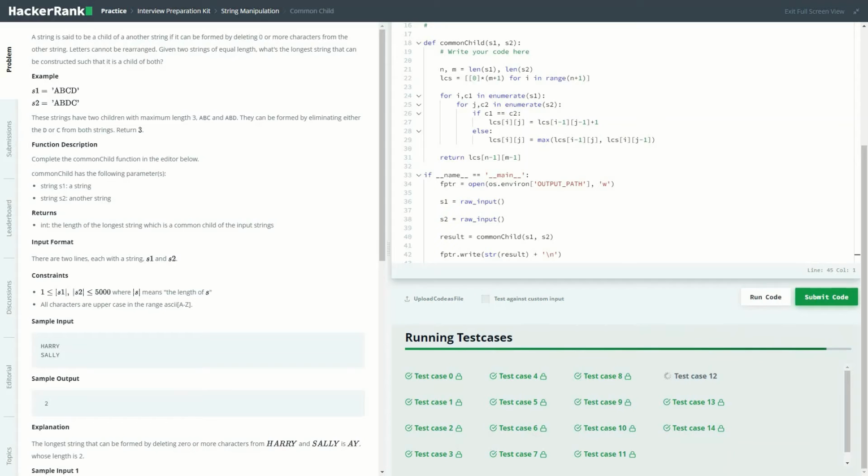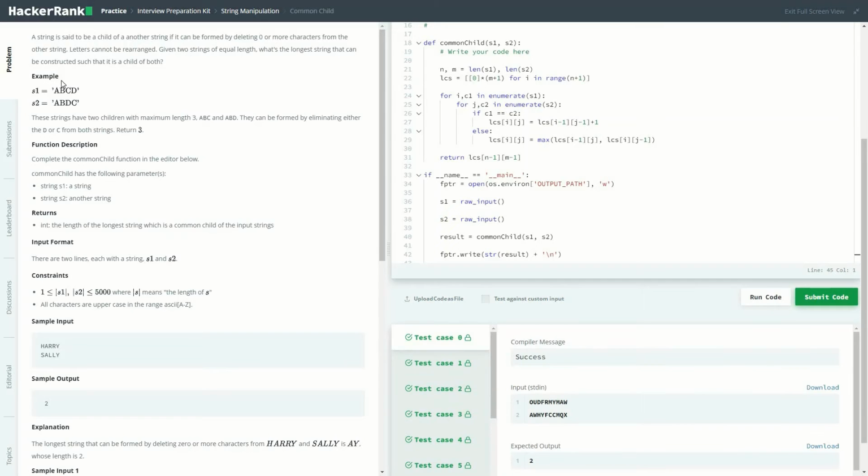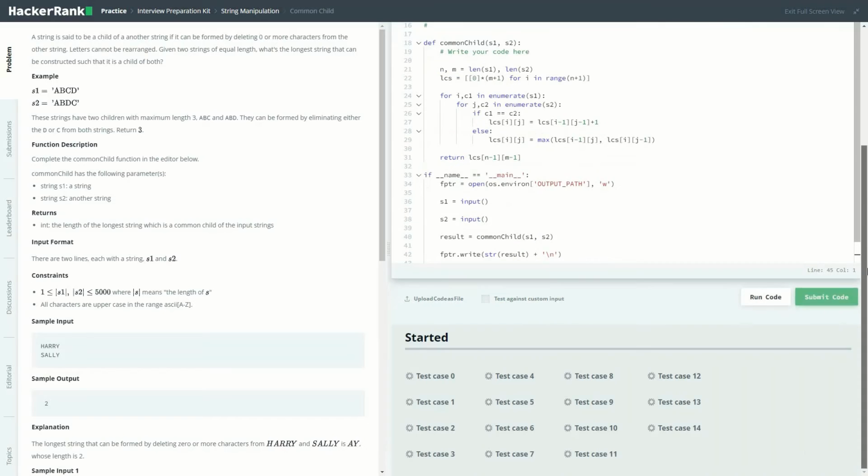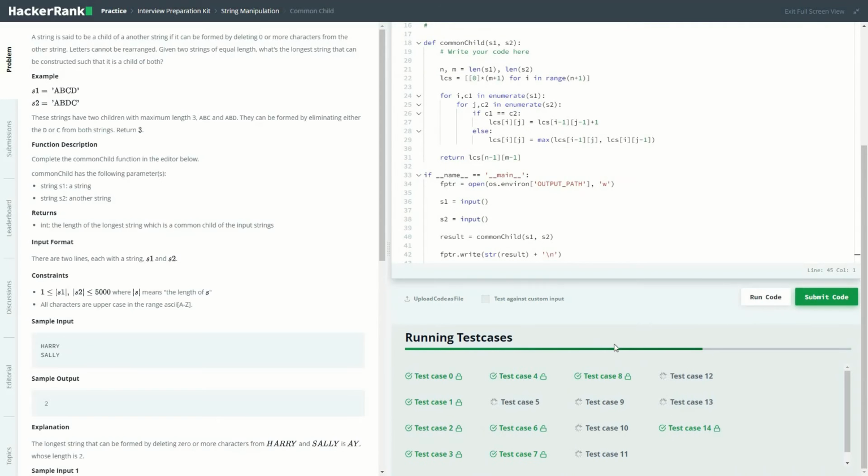I know the solution is correct. Okay, very strange situation, right? So last time the same problem was not passing in Python 2 and this time it passed. So I'm not sure why this is happening. This should not happen in normal situation, but maybe for this problem there are certain issues which we are not